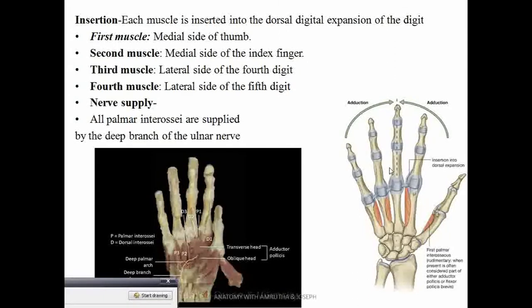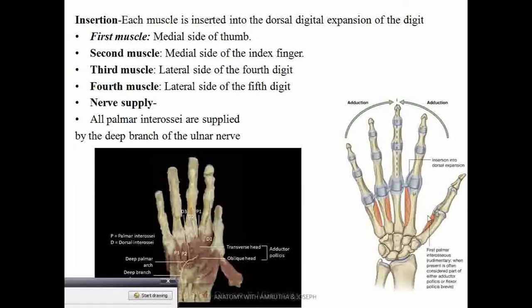So if you know that the function of palmar interossei is adduction, PAD, you can remember PAD. So you can easily understand the insertion point of it. Now, the first palmar interosseous can be absent as well, because the palmar interossei, no doubt, cause adduction of the thumb, but we have another muscle which is specifically for the thumb, that is called adductor pollicis.